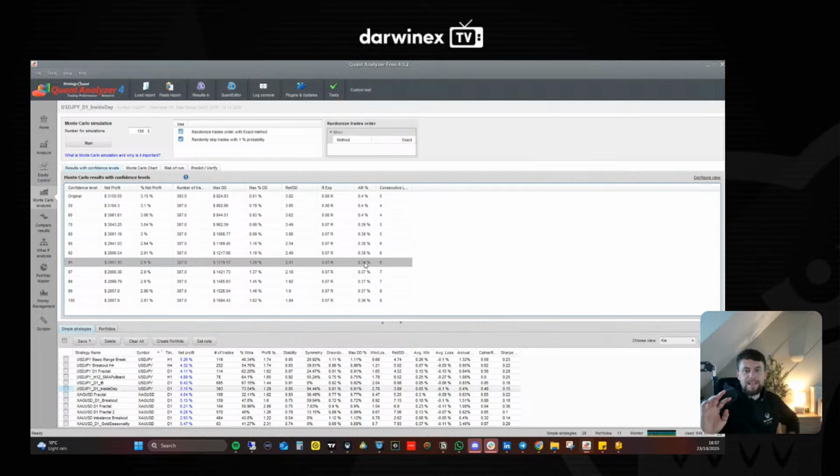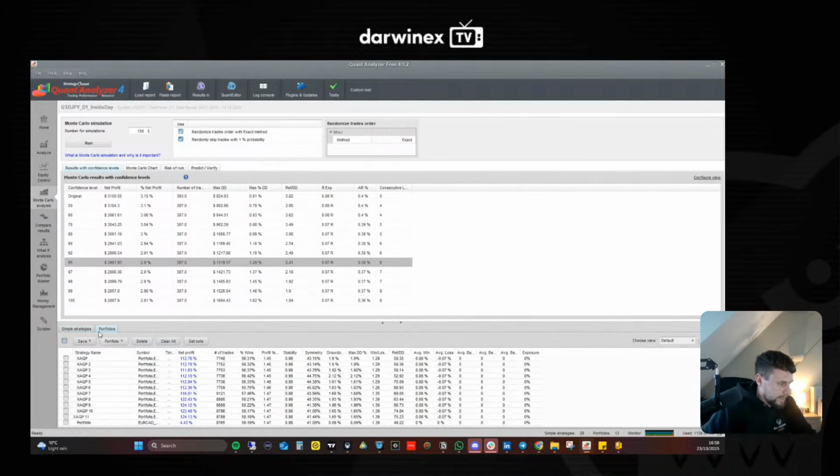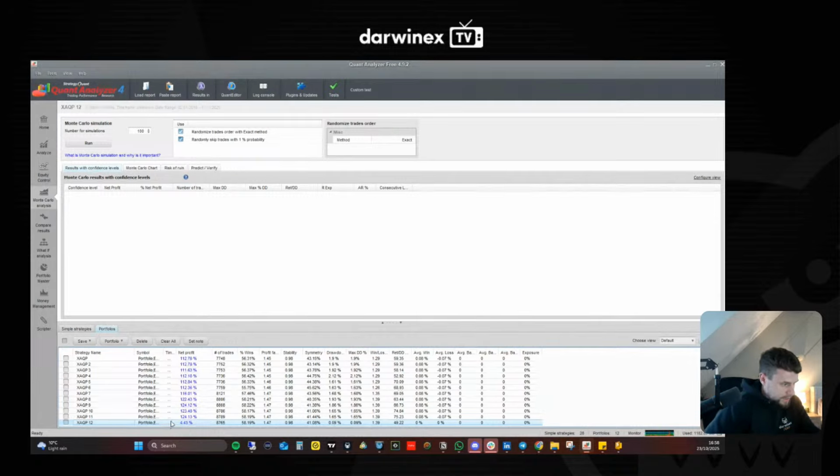However, at least I know that even if things got really bad, the strategy is still fairly profitable, and I have time to decide what I'm going to do with it if the strategy begins to not work as well. So now that I've got my Monte Carlo test done, I'm going to create XAQB again. So we're going to go XAQP12 because I'm making adjustments, adding the spread filters in. And every time I do that, I recalibrate the portfolio and get the updated figures.